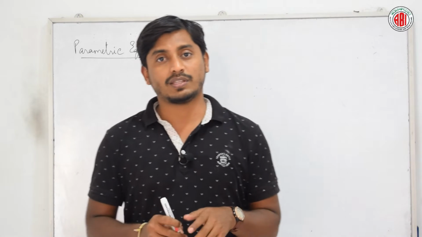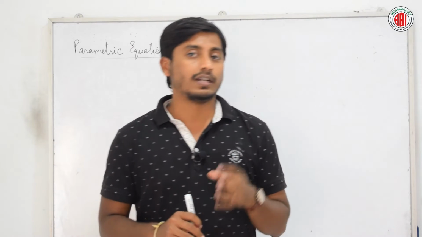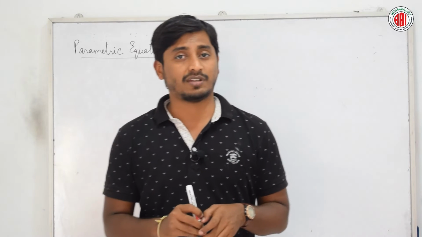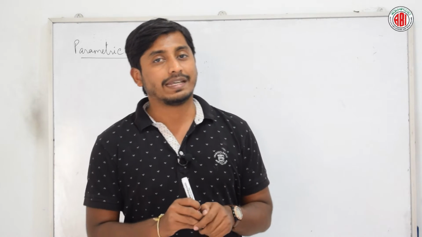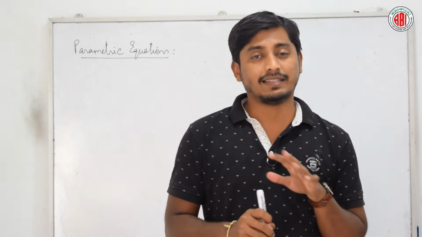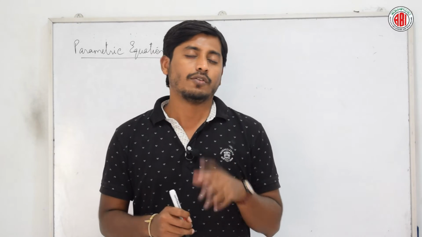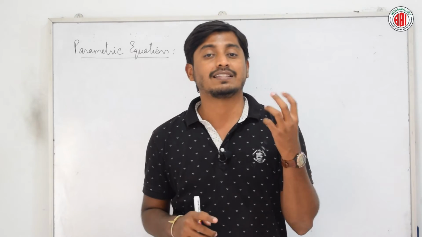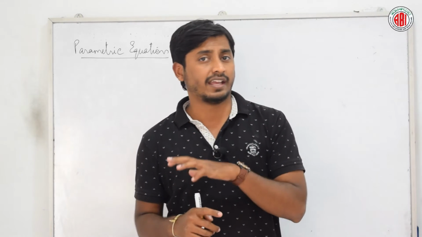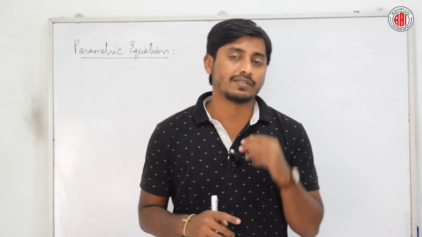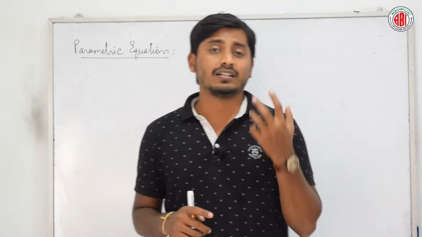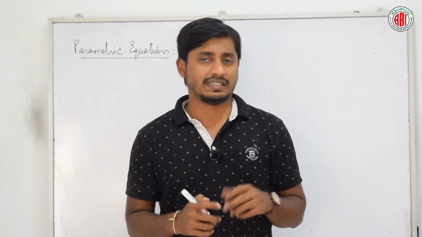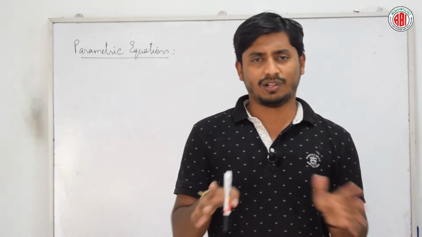We started a discussion with our conic sections, among which we completed circles, parabola, and we also discussed most of the problems of ellipse, right? Today we are going to discuss a few more basic things about ellipse. What all did we learn in the ellipse? We started with the basics of what an ellipse is, what the standard equation of an ellipse is, then how we derive it. And next we also learned the different varieties of ellipse and their parameters such as foci, vertex, tangents and all those things.